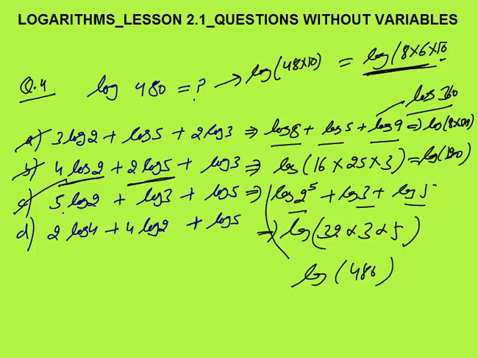The student who doesn't know the concept of solving with the help of options will take so much time to solve this question, because this 480 can be broken in many ways. You have to break this 480 as per the option choices, and it is a complicated task. So the best method is to go by options, and even going by options, I can solve this question without writing, just by looking at the options, as this becomes 2 power 5 is 32, into 3 is 96, into 5 is 480.